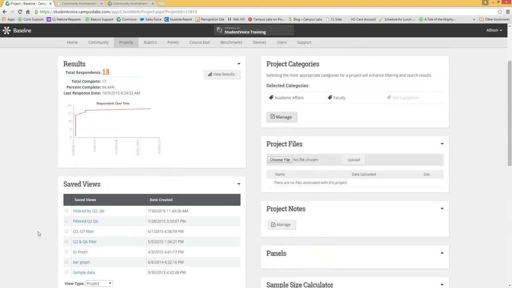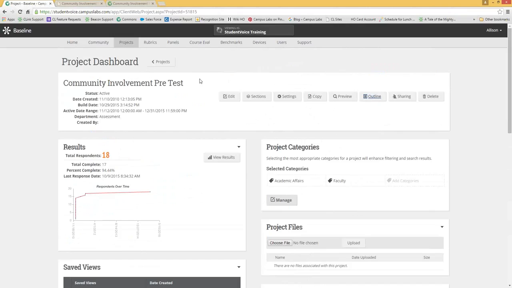Lastly, let's take a look at the results tab. So when you log into Baseline and you go to the project dashboard of your project, once you've hit that start date and it starts to collect data, you'll be able to see those results in real time, meaning you'll be able to see the results in the graphs, you'll be able to review results, and you'll also see your total respondent count continue to increase over time. When we click on the View Results button,